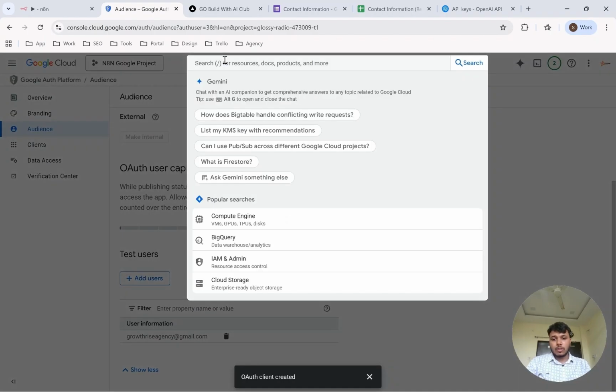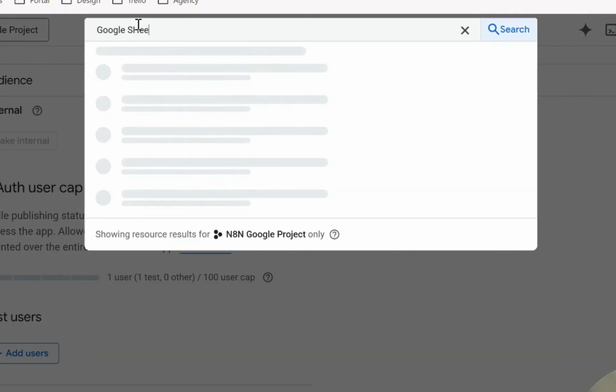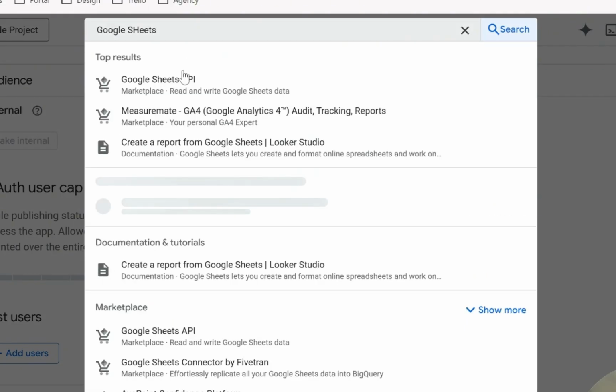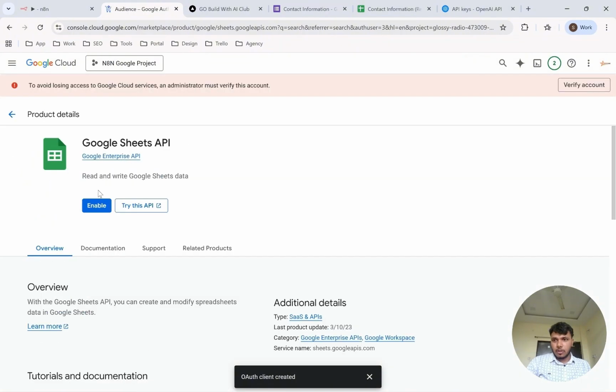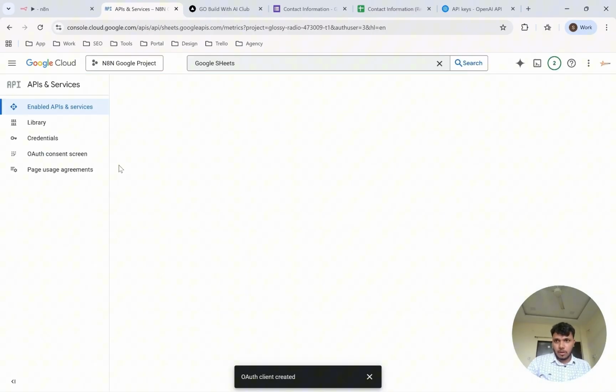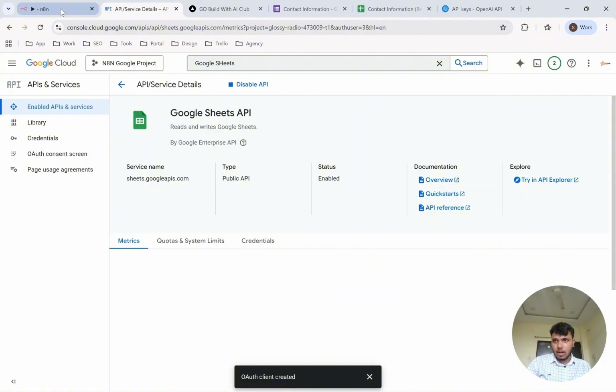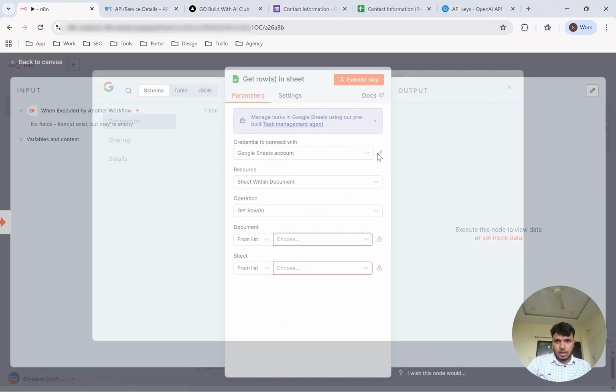Okay, you go to this API called Google Sheets. Now this should be enabled. So we go to this, make sure to enable this, because it will give you a forbidden access error. So try to resolve this with these access permissions. Okay, once this is done, now it's enabled. You go back, edit,